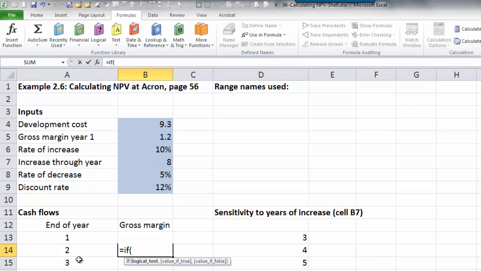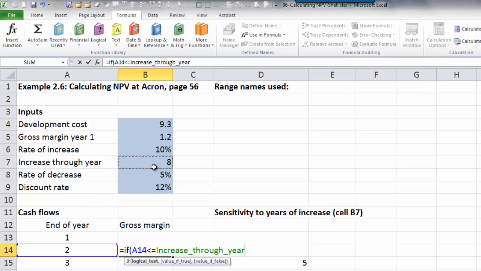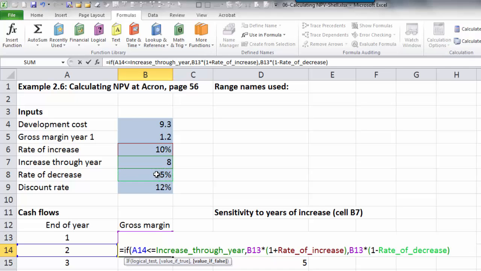If the end of the year is less than or equal to the increase through years, then you take the previous gross margin and multiply by 1 plus the rate of increase. Otherwise, you take the previous gross margin and it will start declining, so it is 1 minus the rate of decline.